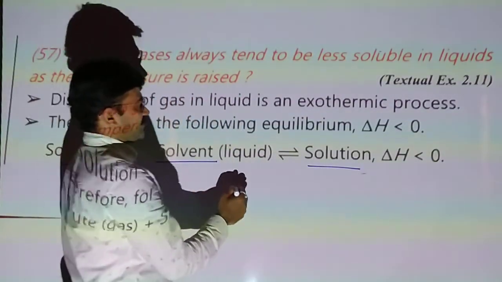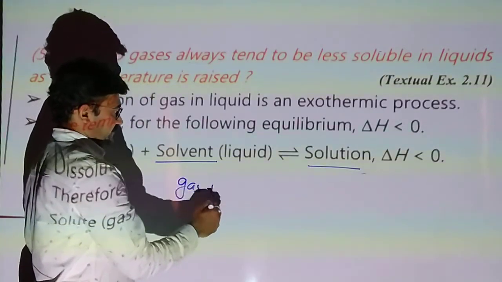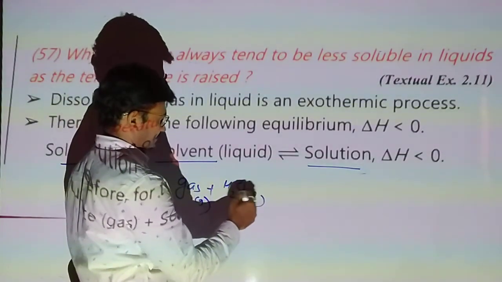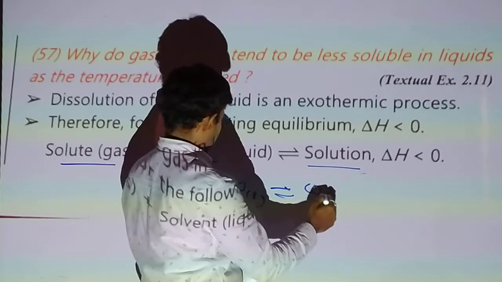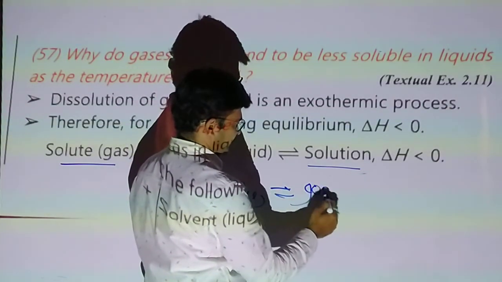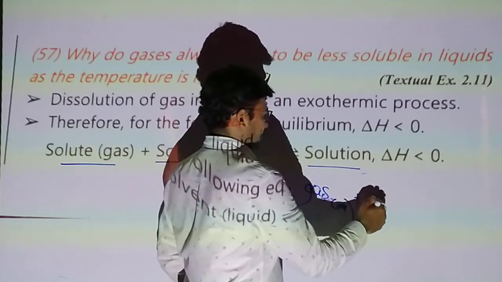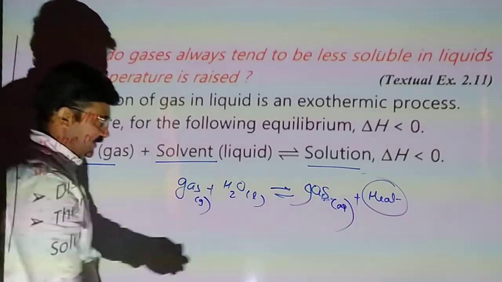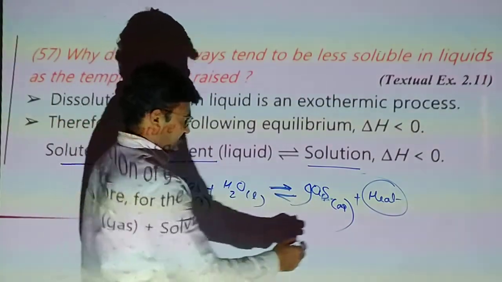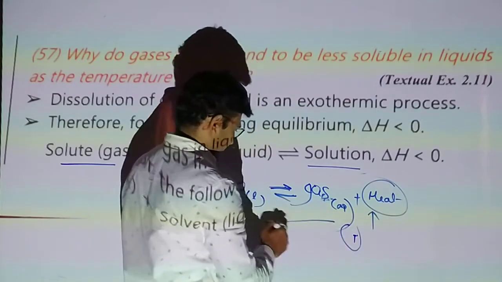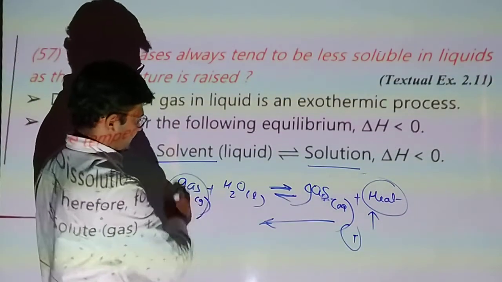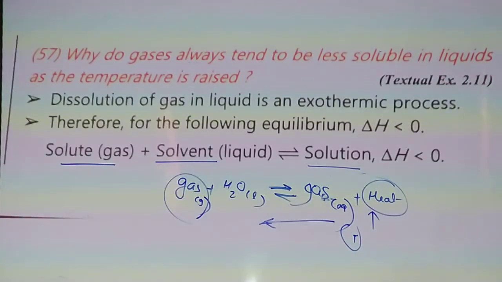But which is the exothermic process? Gas, when we dissolve it into a solvent, gives an aqueous solution of the gas and some heat is liberated. So this process is exothermic. In an exothermic process, when we increase the temperature, it means we are increasing the product. So the reaction moves in the backward direction. So increasing the temperature decreases the dissolved amount of CO2 gas.